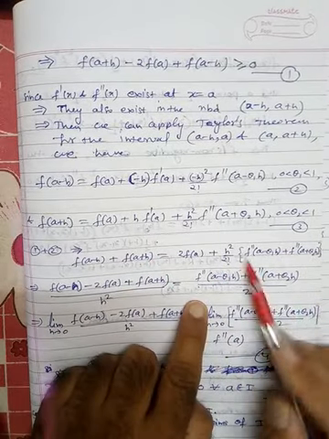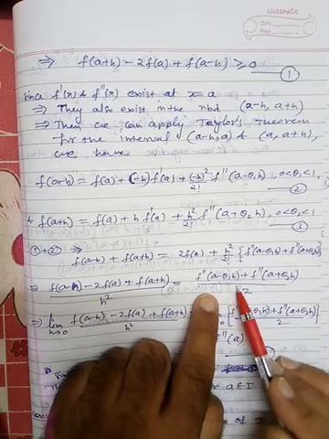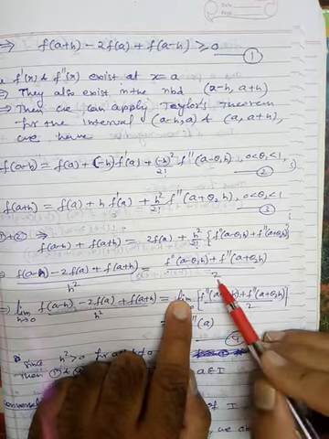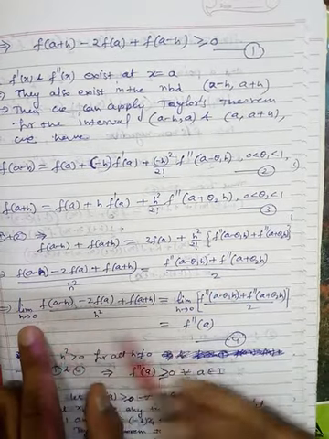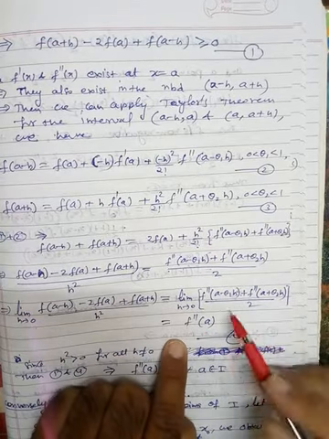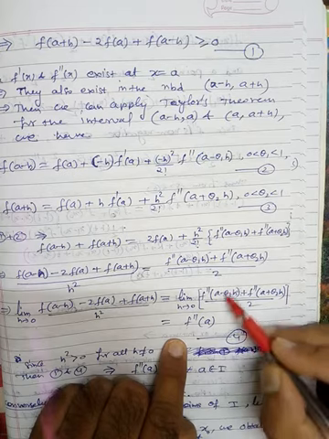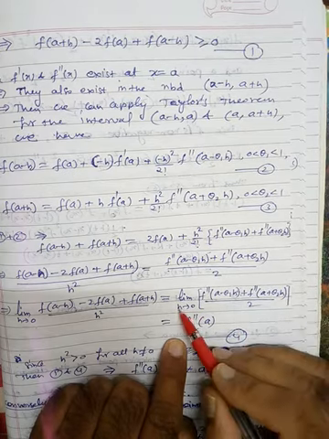So what we will get? This quantity divided by 2. So f second derivative a minus theta 1h plus f double dash a plus theta 2h by 2. Now taking the limit h tending to 0, left hand side is equal to limit h tending to 0 right hand side. Okay. Now right hand side will be what? Right hand side will be here. This quantity will be 0. This quantity will be 0 when h tending to 0.